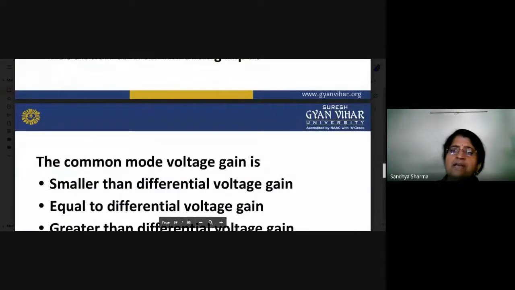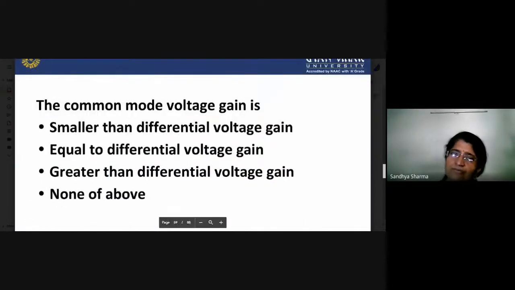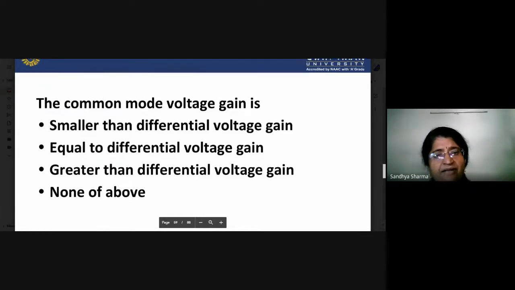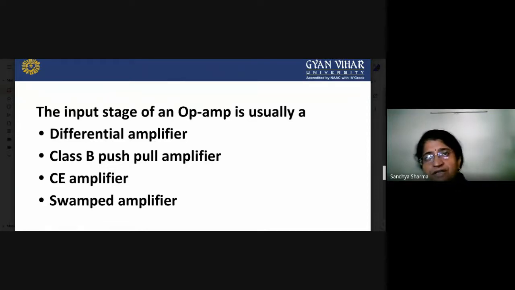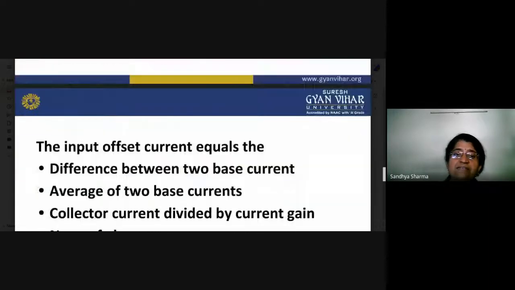So you have to remember the common mode voltage gain. We have also told you what the common mode is and what the differential mode is. If both the input signals are equal, that is called a common mode configuration, and if both are different, that will be the differential mode gain. So you have to remember how it works, and see again the different stages of your operational amplifier. What is the first stage of your operational amplifier, I will revise again in this lecture.